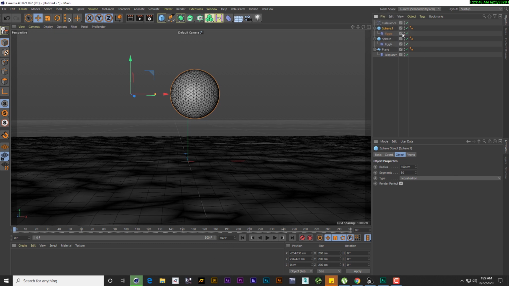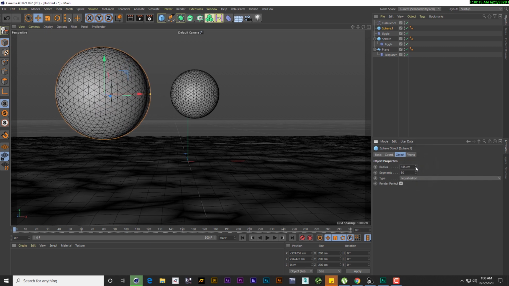The next thing I want to do is to check my jiggle deformer right here, and I want to disable this turbulence right here for now. And I also want to disable this. I want to take out this jiggle right here. Now the next thing I want to do is to move this way a little, and I want to increase the radius a whole lot. So I'm going to make it about, say, 190,